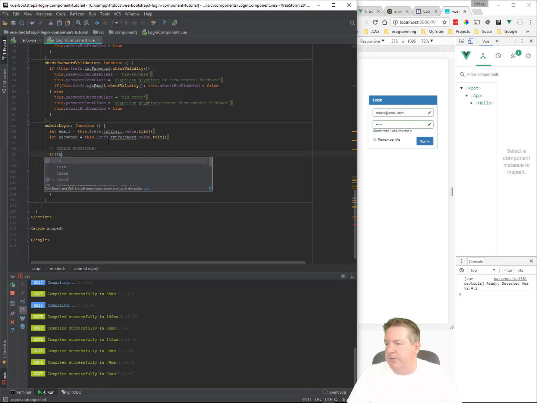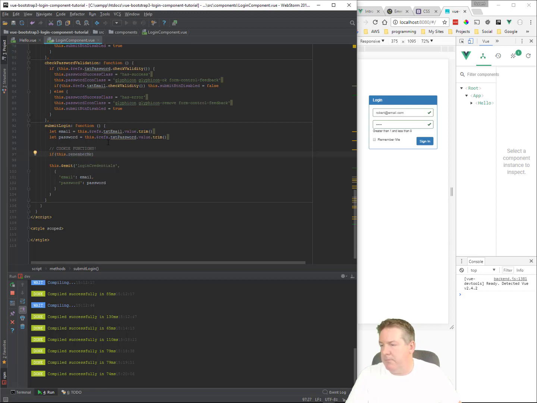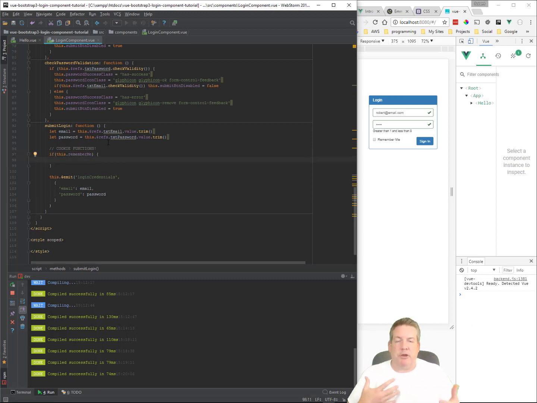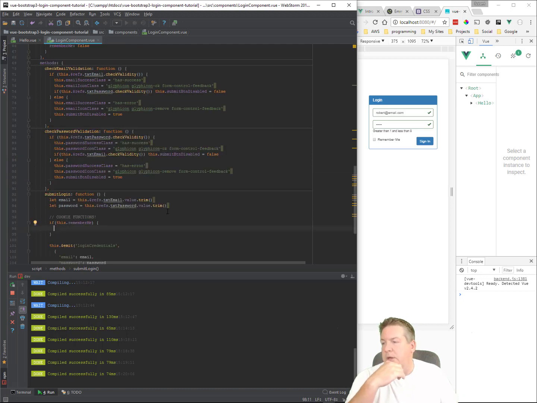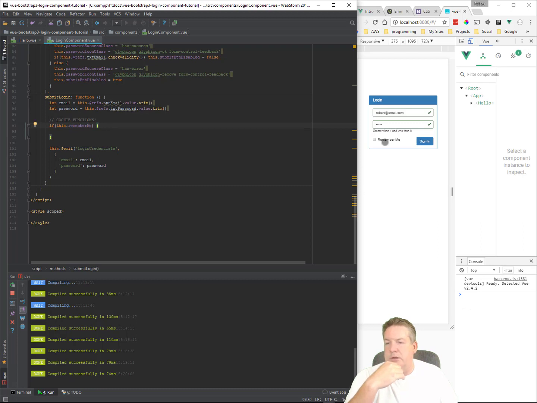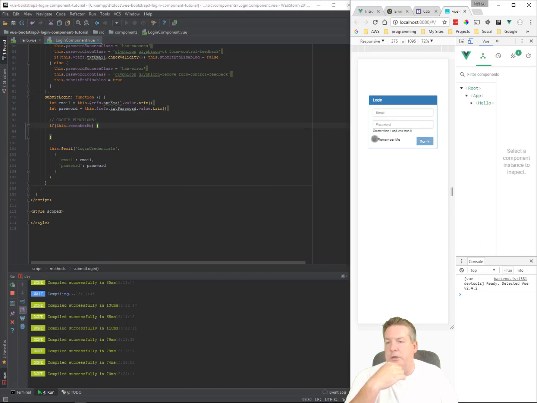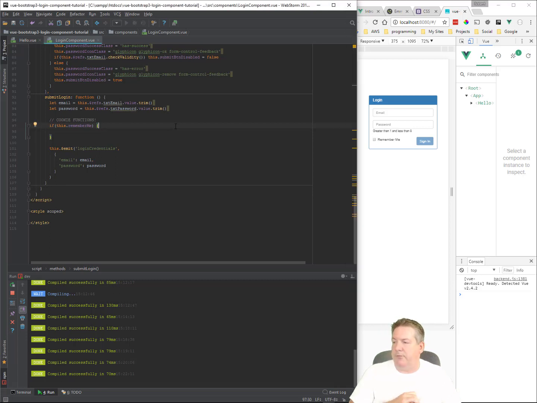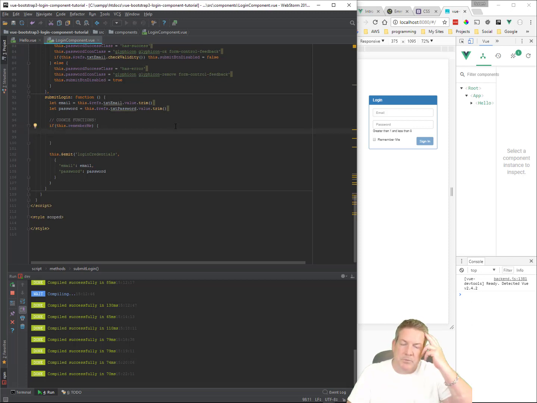So if this dot remember me, because the checkbox just switches remember me between a boolean of false and true. So it's going to start off as false right here, and if we click here, it goes from false to true, and true to false, etc., etc. So we're going to check it. If the remember me is checked, then we're going to want to go ahead and save the cookie. And we can do that